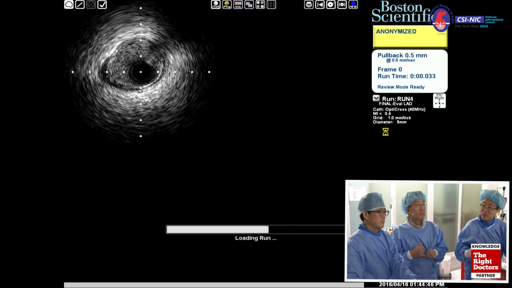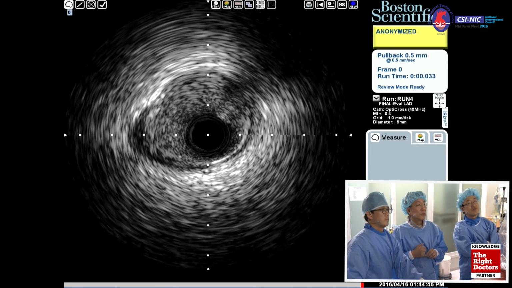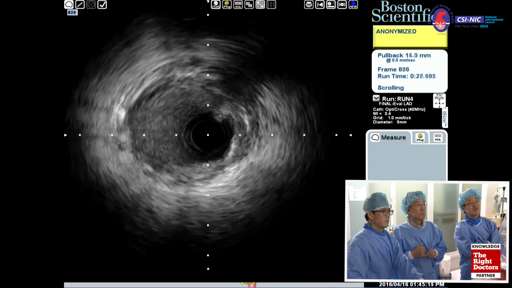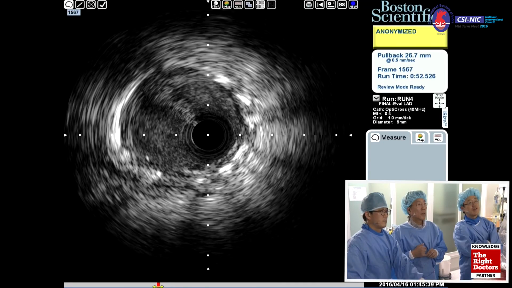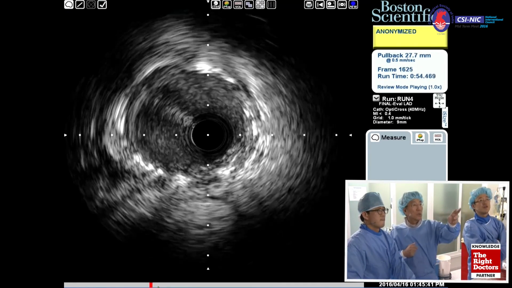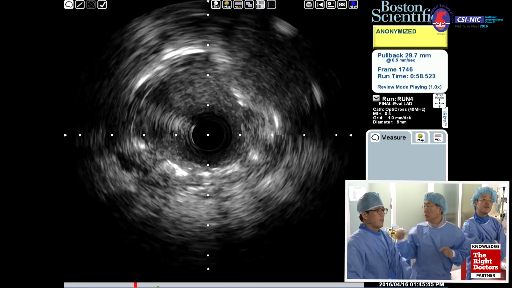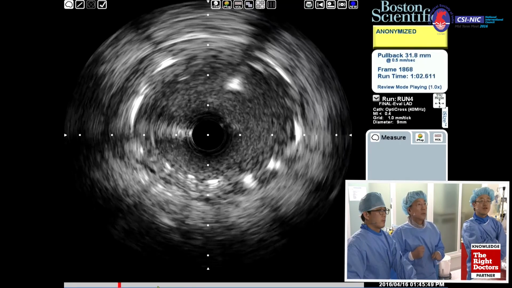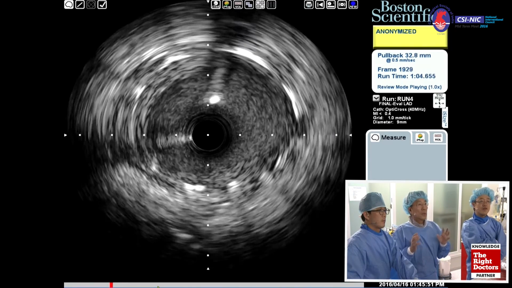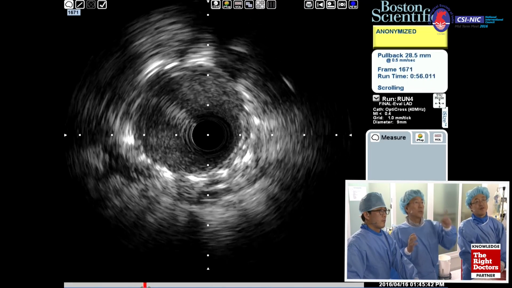Please show only the junction area. Good. Okay, start. And LAD here? Yes, sir. All right, look at that one. Stent diameter is almost 4. This is a cross-sectional area at the junction. Okay, great.